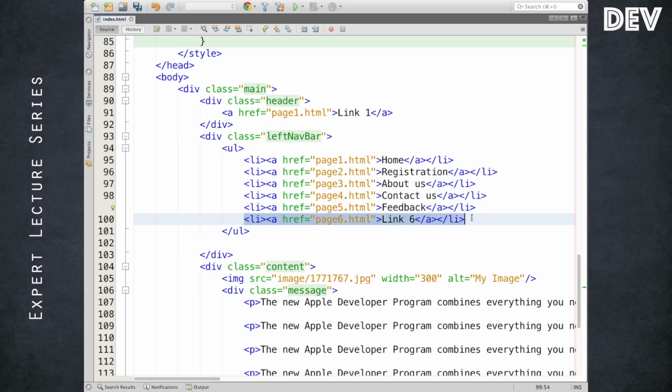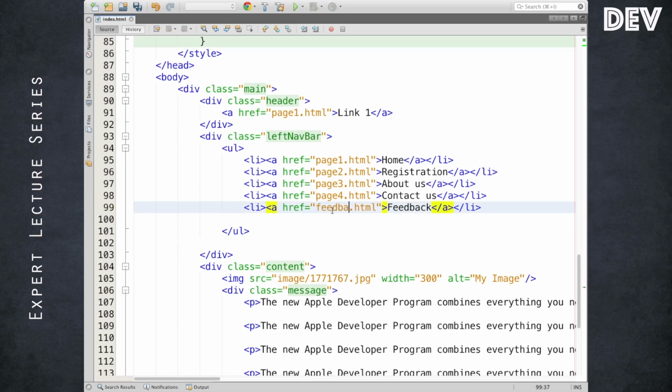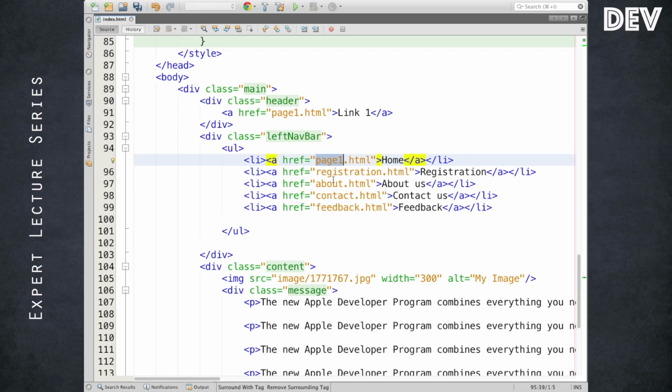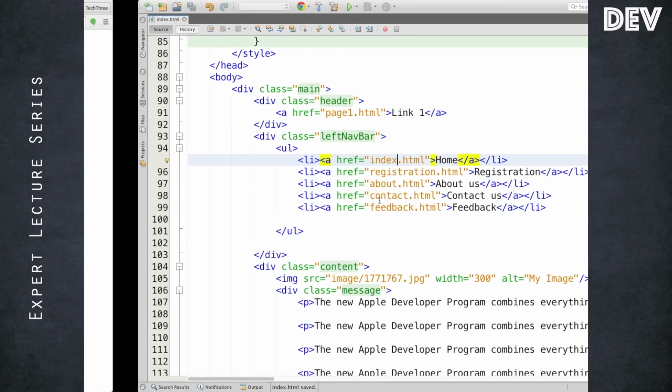Okay, five links, more than enough. I'll just give relevant names. The first page being index, so just let it be.